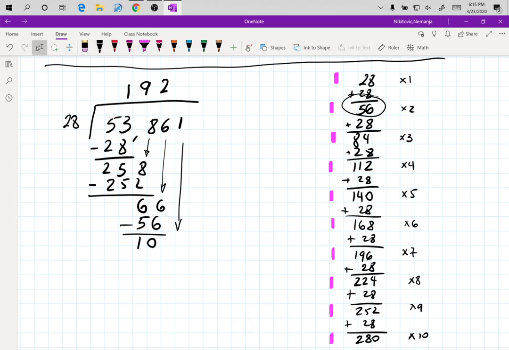Finally, drop the last digit down for 101. 112 is too big, so 84 has to go 3 times. It's 84. That looks like a 9. There we go. And when I subtract, I get 7 and 1. Remainder 17. You always make sure that your remainder is smaller than the number you're dividing by, otherwise it won't